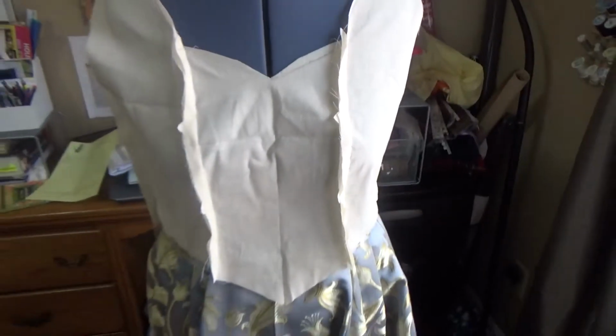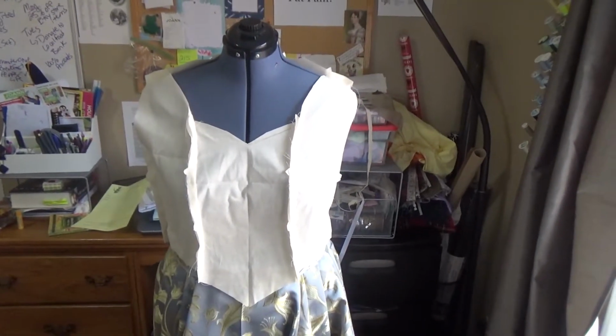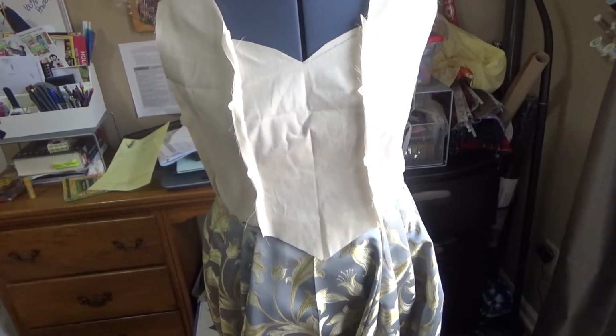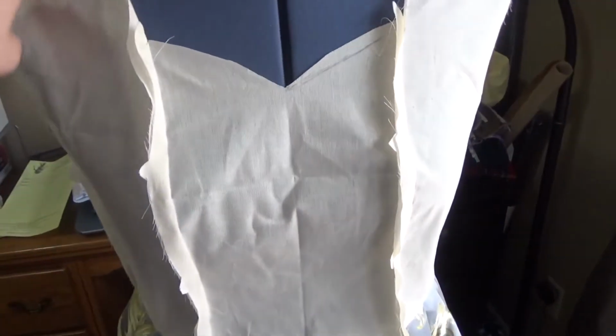I got the mock-up of the bodice done, and it's on the dress form, and it's inside out so that I can muck with the seams. I need to try it on, but I think the seams are not where they're supposed to be, because I think this is supposed to be like a princess seam, and it's supposed to run across the, whoop,